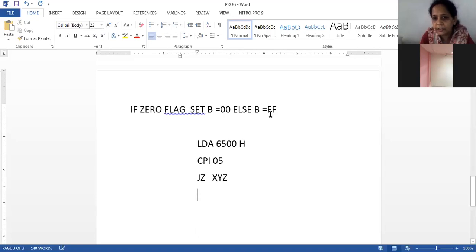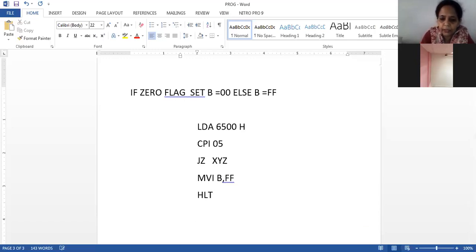That instruction should make the B register contents FF, and then I should say halt. So if the numbers are not the same, that is the 6500 number is not the same as 05, this part of the program works perfectly. But if it is the same, then it should go to XYZ.